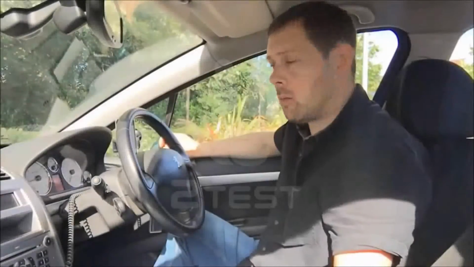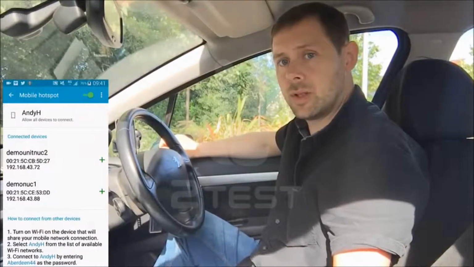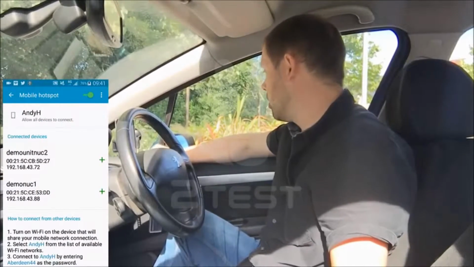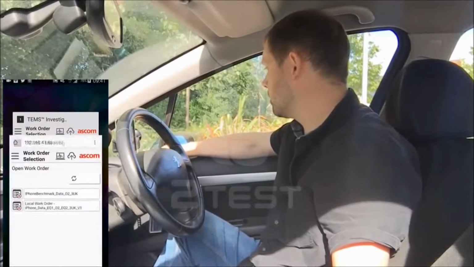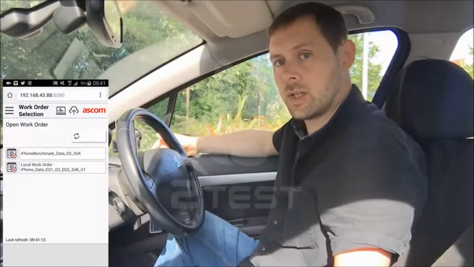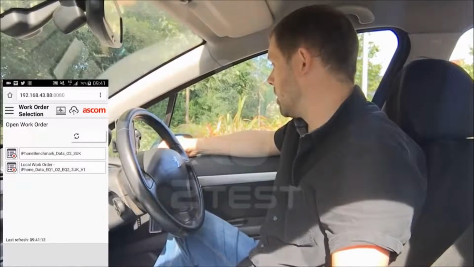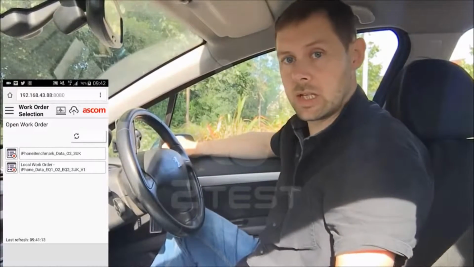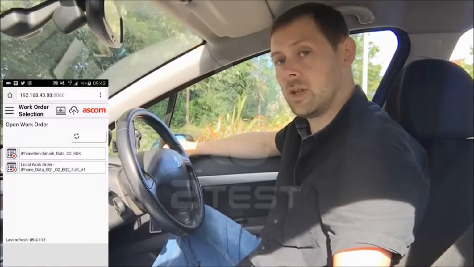Okay, so now we've done that, what we can do is actually browse to the DriveTester interface for one of our NUCs. And you can see here a list of work orders, which are essentially scripts that have been assigned to this NUC. Now, those work orders can be assigned locally, so you don't actually need to use a Fleet Manager, but